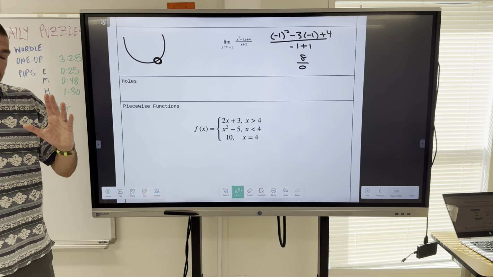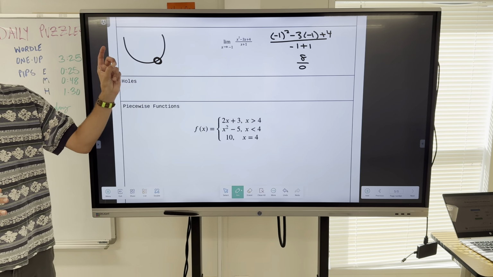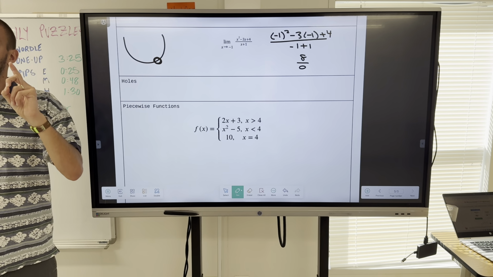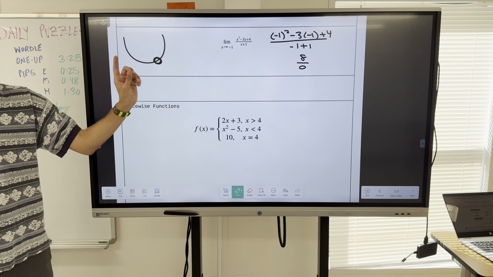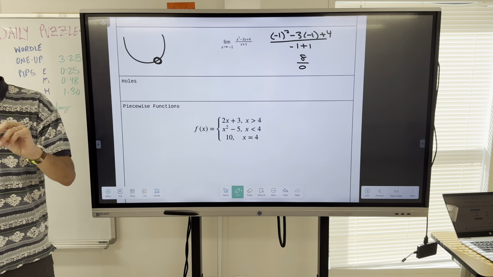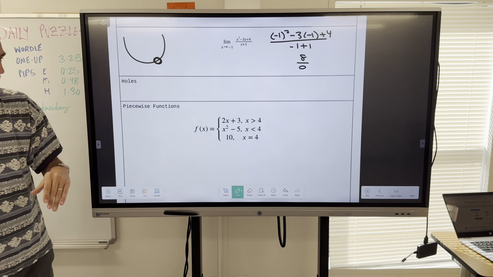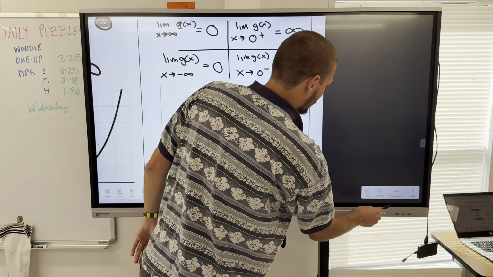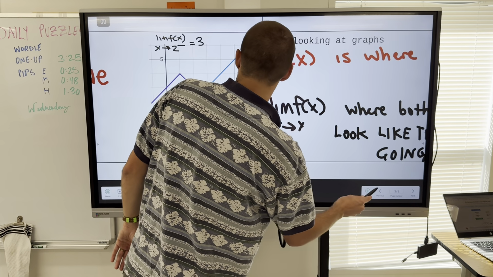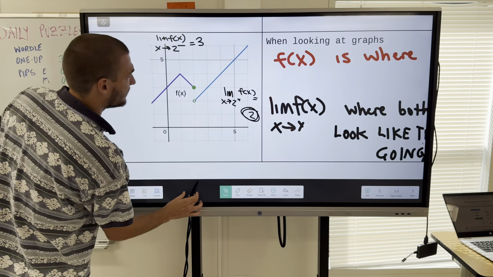But the good news is that we can still find a limit if it has a problem at one small place. We can still find the limit of this question if there is a gap, just like we did on a question like,